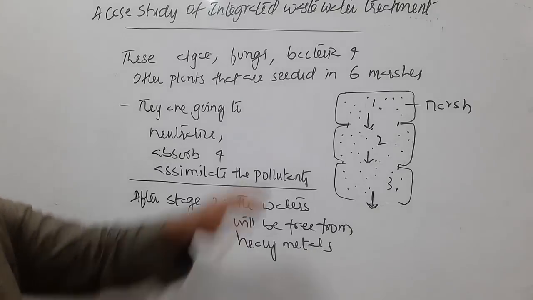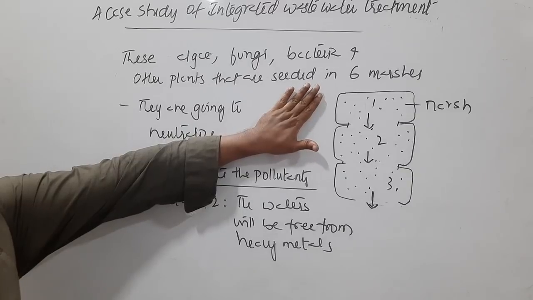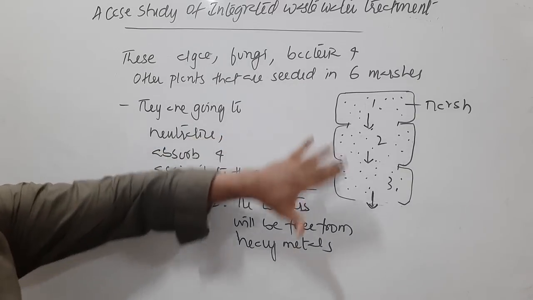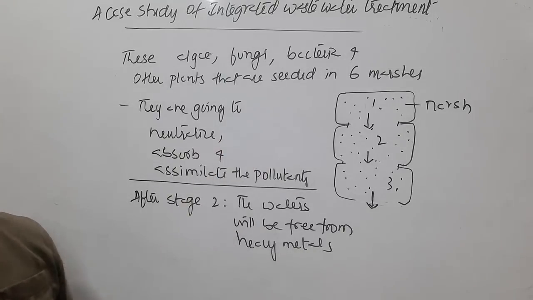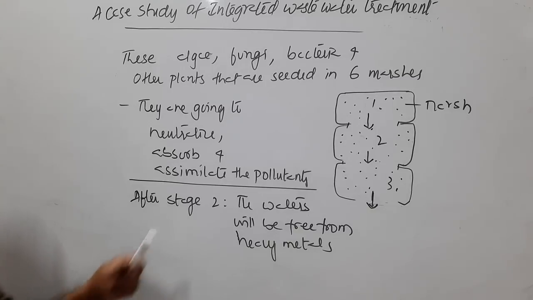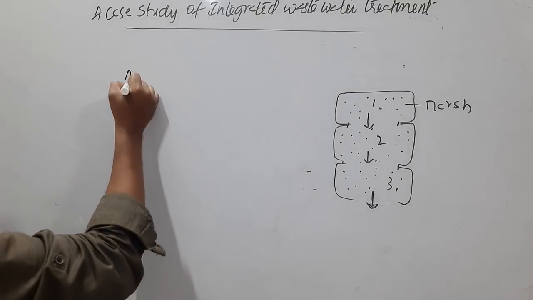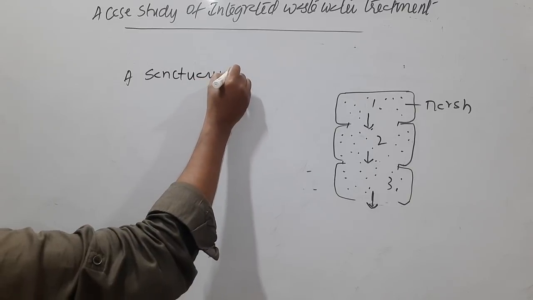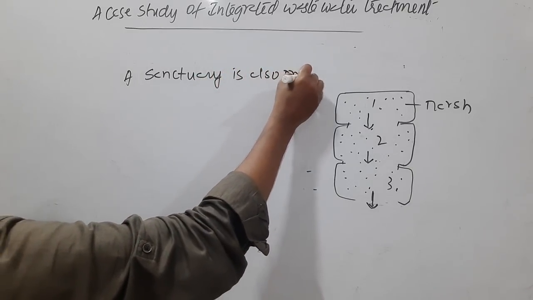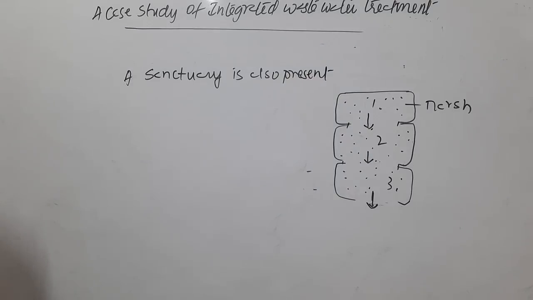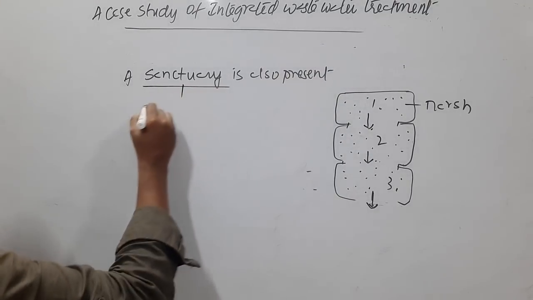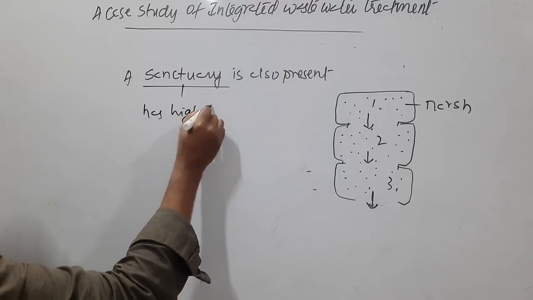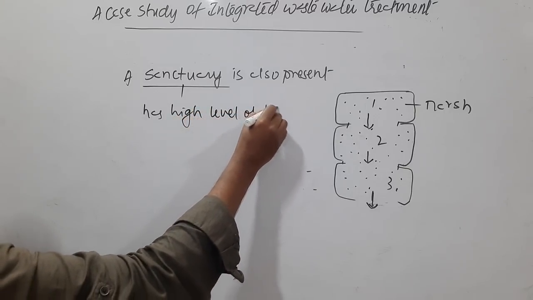So here marshes are little shallow waters you will find, where the plants and other organisms can grow, and they can even contain fishes. So this area will have a sanctuary also. A sanctuary is also present with these marshes, and this sanctuary has a high level of